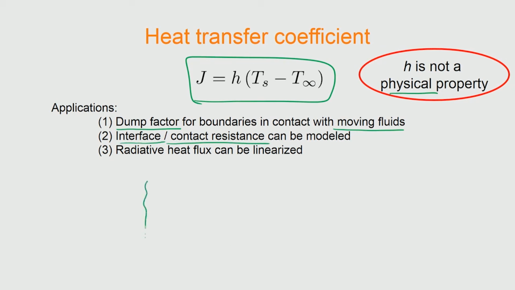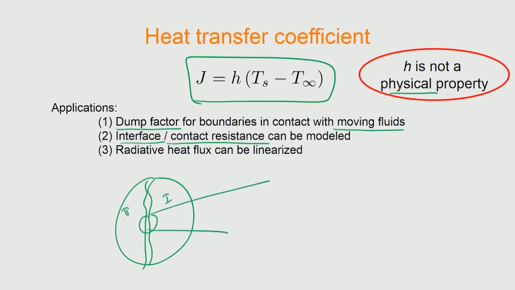What we mean by that is as follows: if you have two bodies, then if their contact is not perfect, if you were to then zoom in here, you see that between them there is an air gap, and this is solid 2 and this is solid 1. So, which means that the temperature profile across this body, for example, could be like this, which means that the temperatures at these two ends will be different, which means that the heat flow this way should be dependent also on this gap,